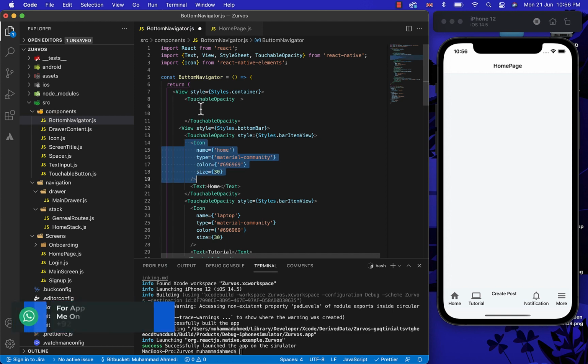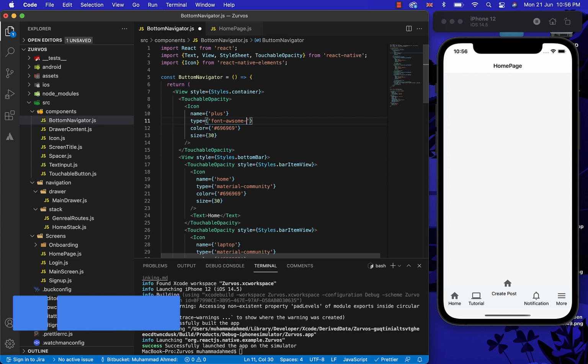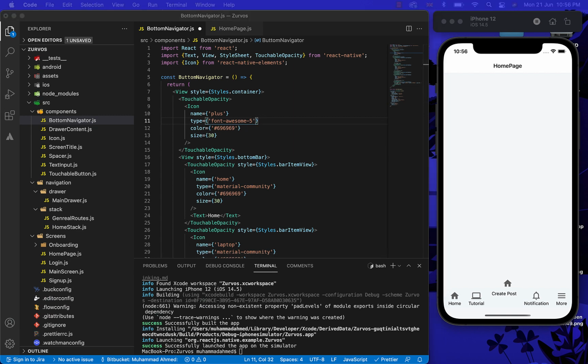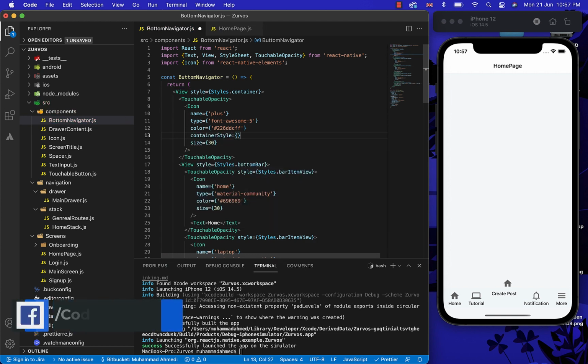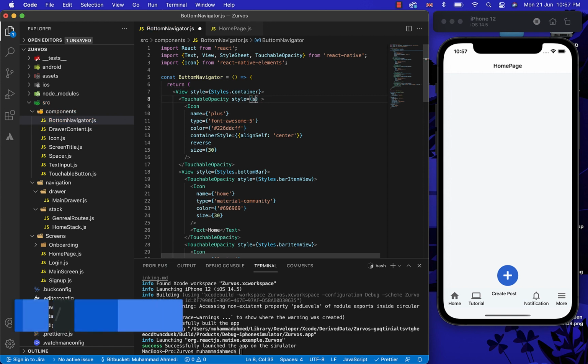So the only difference between the other tab buttons and the create post button will be only of stylings. Now, let's just give the touchable opacity some absolute styling.